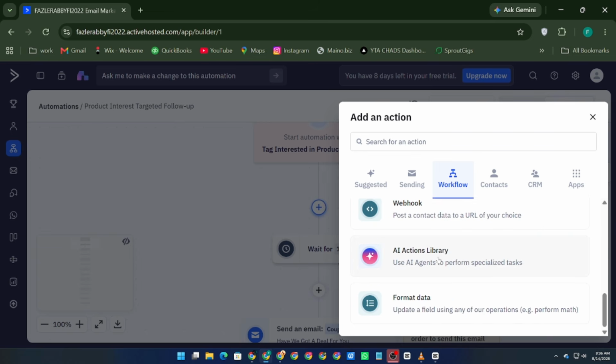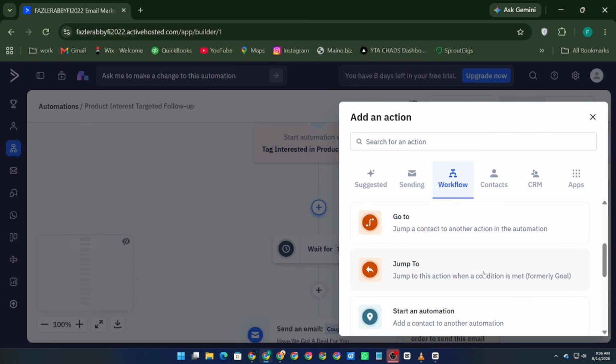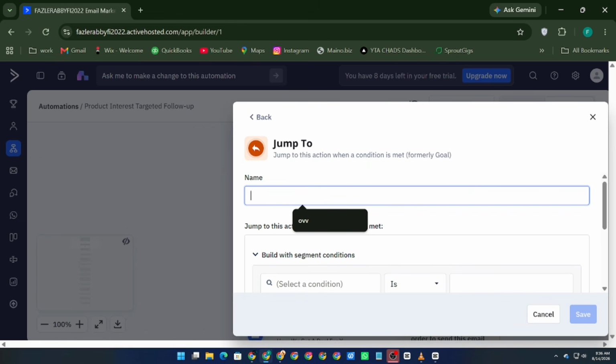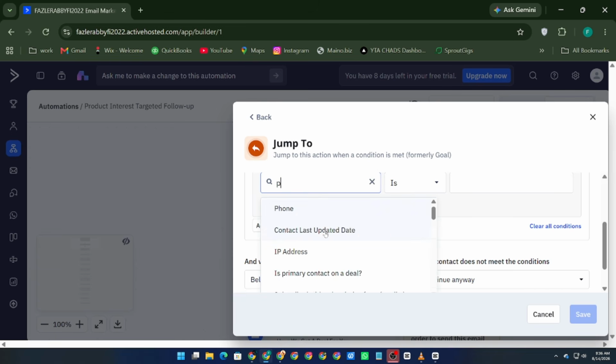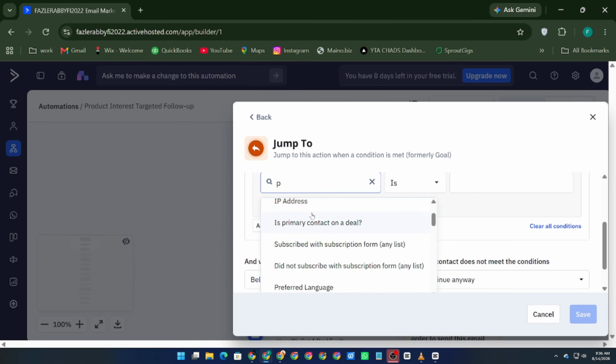Give your goal a clear name that describes the milestone you're tracking. For example, you could call it Purchased Product or Completed Registration. Next, configure the goal conditions. These conditions determine when a contact has successfully reached the milestone. For example, you could use a tag, custom field, purchase-related condition, or another available condition to identify contacts who have